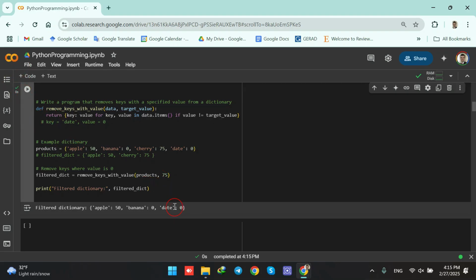So when I run the code, we see that in the filtered dictionary, we have everything but cherry. Cherry has the value 75, and I didn't want that because I put 75 there. So we see that in the filtered dictionary, we have everything. Apple is 50, we have it. Banana is 0, we have it. And date is 0, and it's there. But cherry is not there because